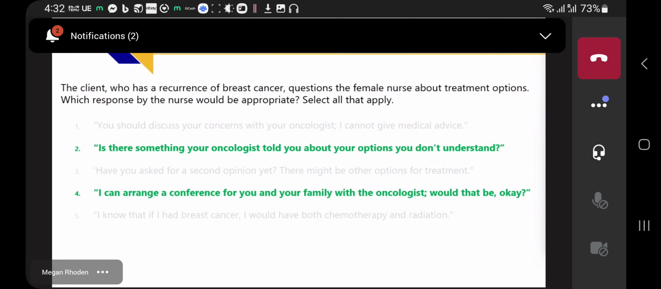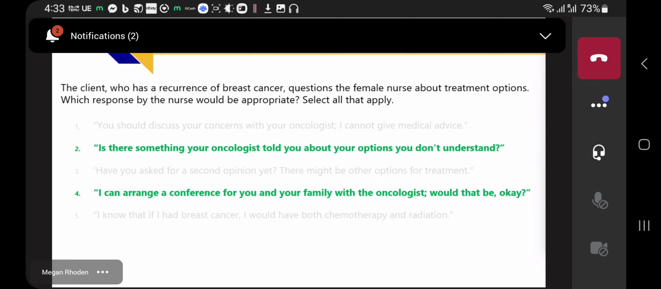Would that be okay? With the client's permission, a meeting with the oncologist, the client, and the client's family may assist with the client's decision making regarding treatment options. So, some of you, though, did put 1, 3, or 5. So, let's talk about why these would not be correct. Number 1, you should discuss your concerns with your oncologist. I cannot give medical advice. The nurse may not give medical advice, this is true, but can listen to the client and advocate and teach